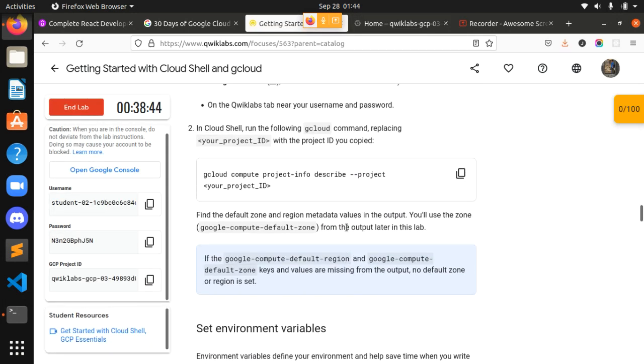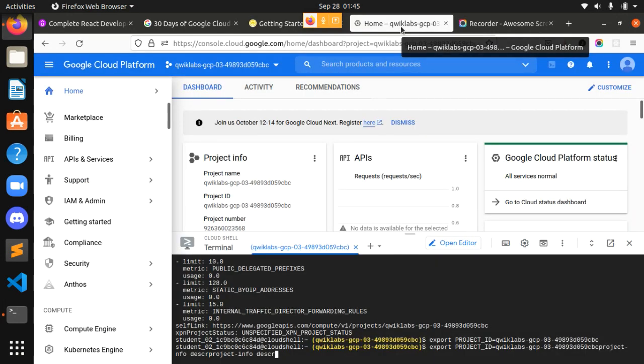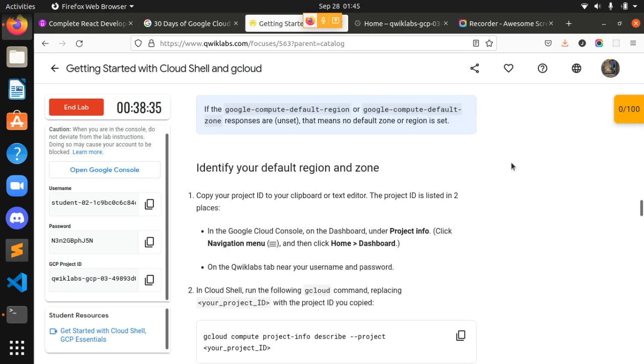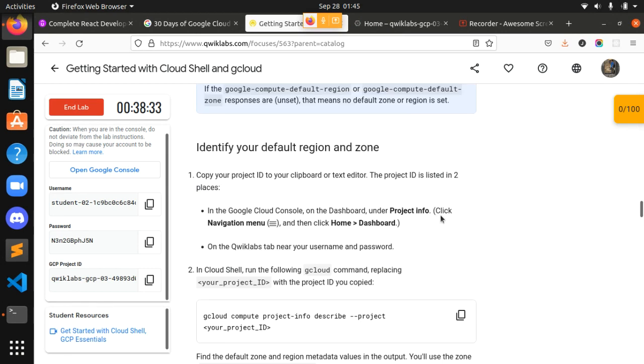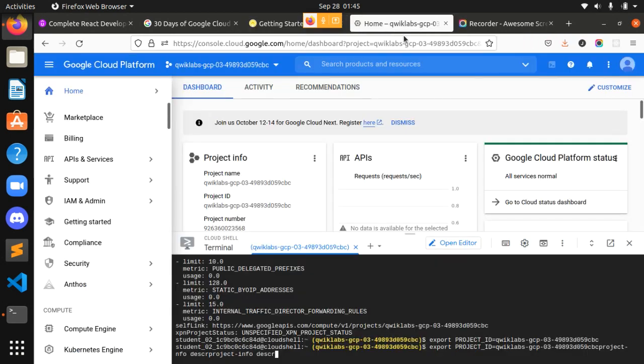Okay, guys, we have seen this command here. We will simply run this. Okay, it's complete. Wait a second guys, I'm doing it.